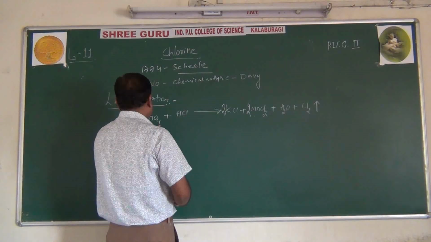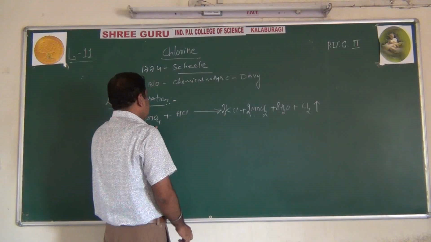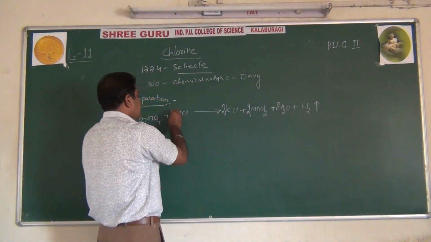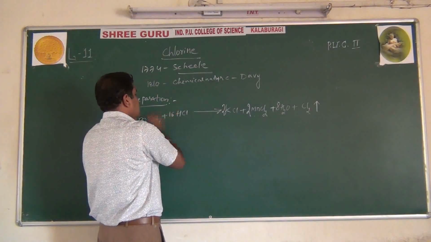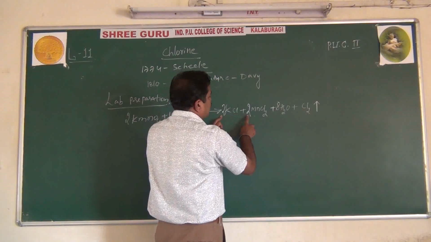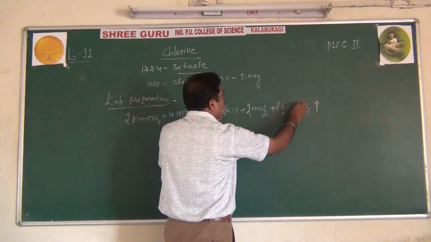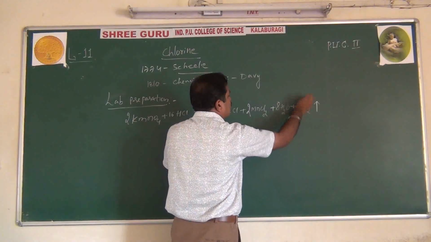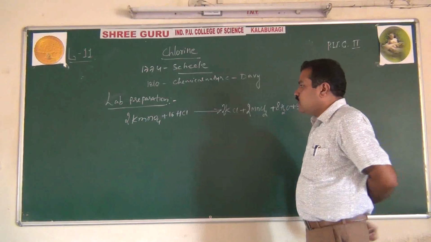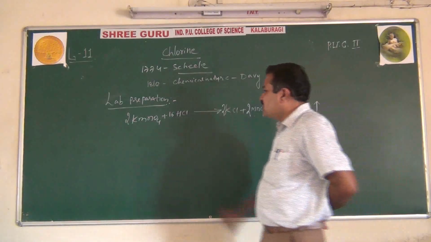Now 2 fours are 8 oxygen atoms, therefore 8 H2O. Therefore hydrogen becomes 16, so here 16 HCl. Then what is remaining? Chlorine: 2 here, 2 is 4, 4 plus 2 is 6. How many total? 16 are there, therefore 5 Cl2. This is how chlorine is prepared in the laboratory by reaction of concentrated hydrochloric acid